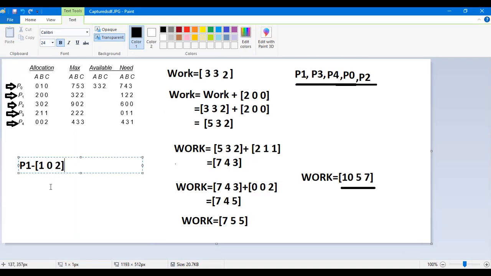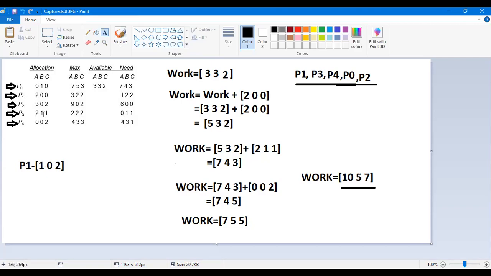Now we are pretending that we are giving these values to P1. Can we give 102? Yes, we have it. We are trying to pretend that we are giving these values to P1. Now, what will be the final value of the allocation of P1? P1 is already having 200.